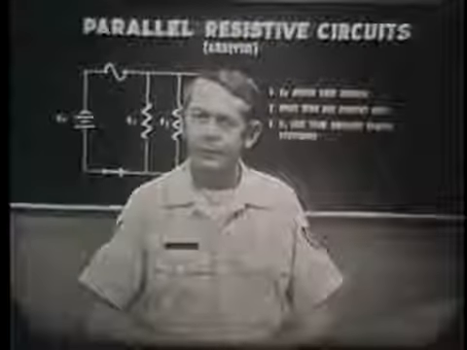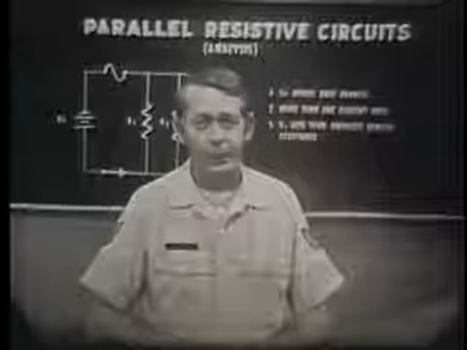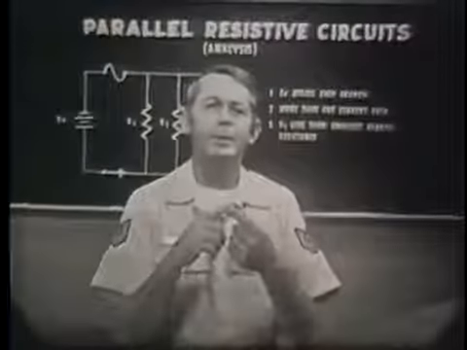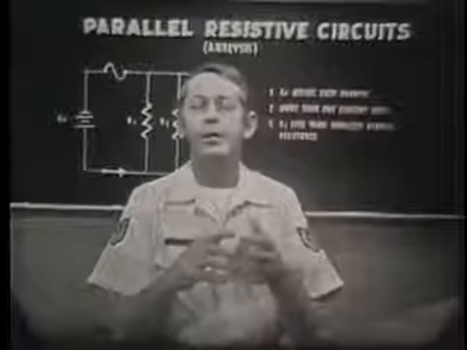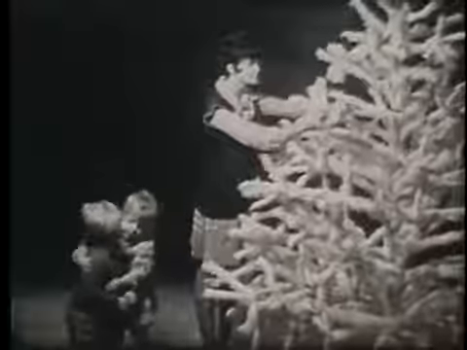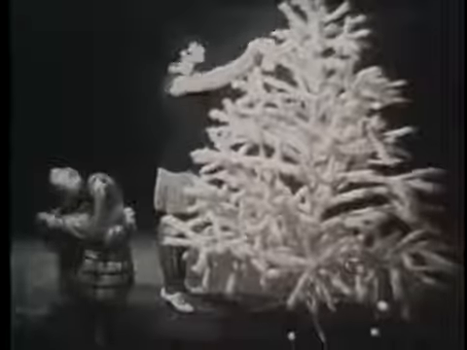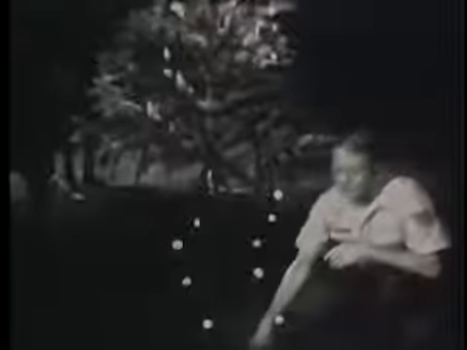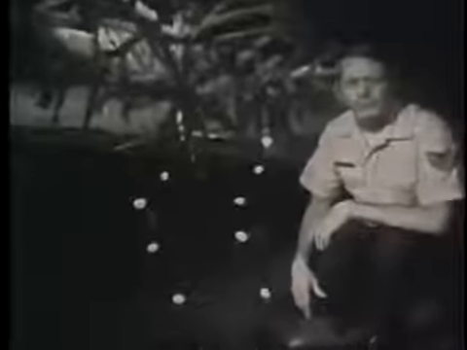Electricity does many useful jobs. You've just seen a few examples. Now, the type of job it does is determined by the type of circuit we use to control it. Here are two strings of Christmas lights. At first glance, there appears to be little difference, but watch what happens